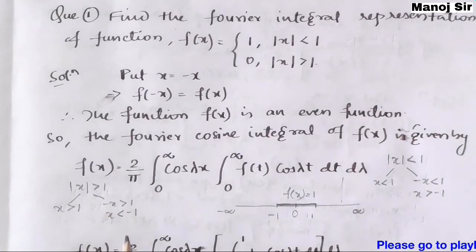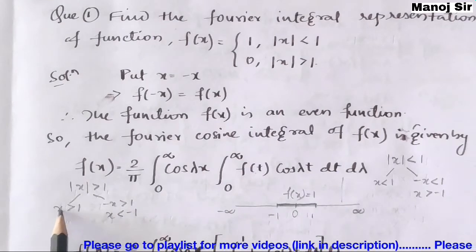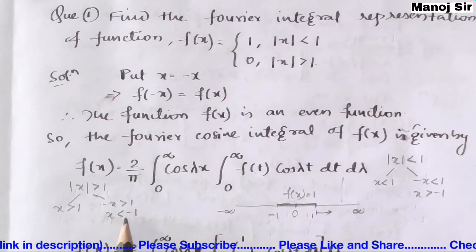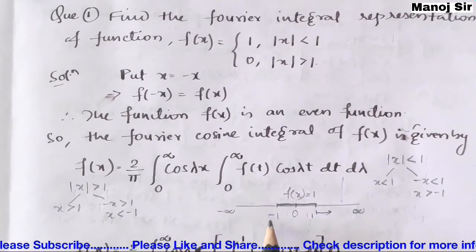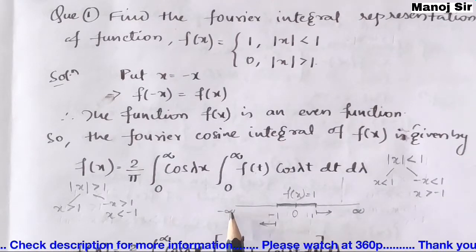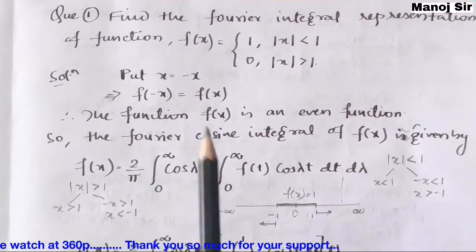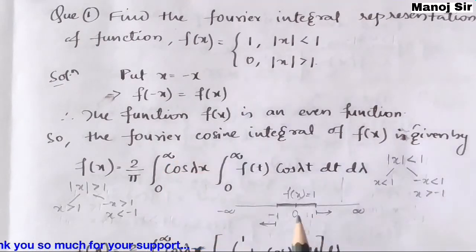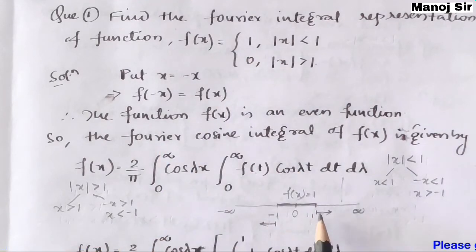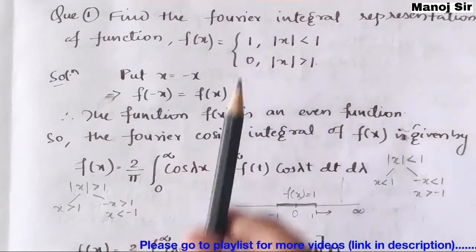Okay, negative multiply, so this will become positive, this will become negative, and this sign will change. Now here x is more than 1, it means from here to this side. Again, if you see less than minus 1, that means from here to this side. It means when the limit is from minus infinity to minus 1, the function f of x will become 0. When the limit is from minus 1 to 1, the function f of x will become 1. And when the limit is from 1 to infinity, in that case also the function will become 0.